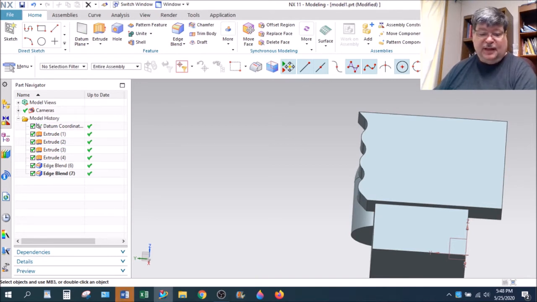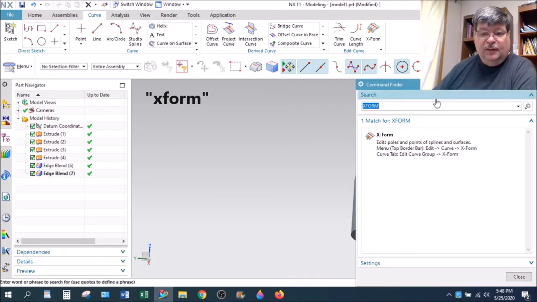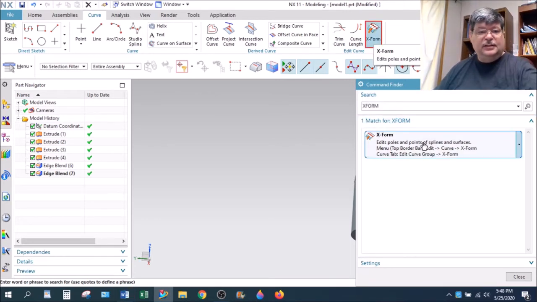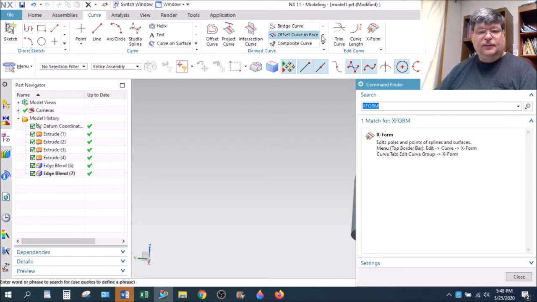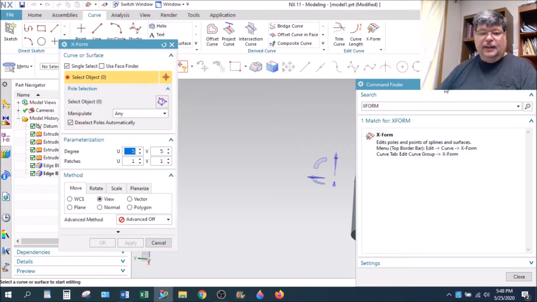There's a command called Xform. And if you use your search command finder up here, and if you highlight it, it'll actually take you to the command, okay, and show you where it's at. Or you can just click on it here. And the Xform command